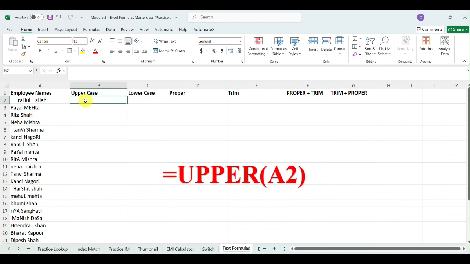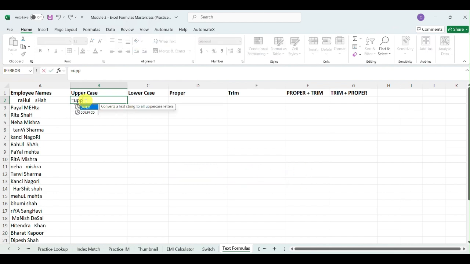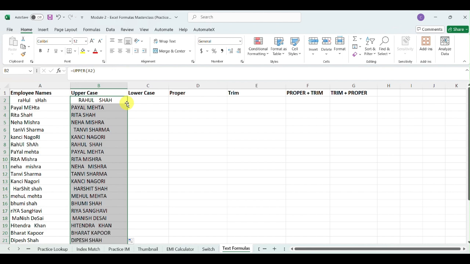So firstly, we are starting with uppercase. It's a very simple formula. Upper, open parenthesis, then you just select the text, close the bracket, press enter. Now see, upper, and drag it down to the bottom. You see, all the letters are now capital letters, but does it work? No. Do we really want to write like this only? And the space is also, you can see, given here.